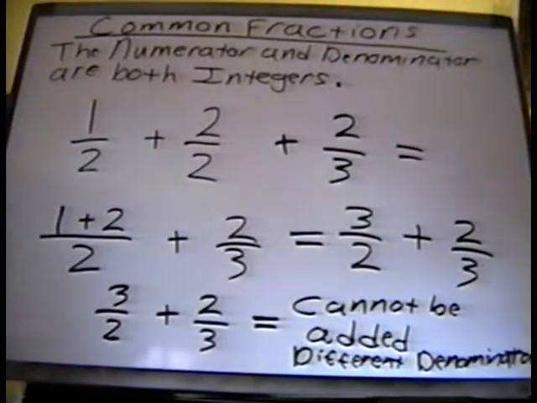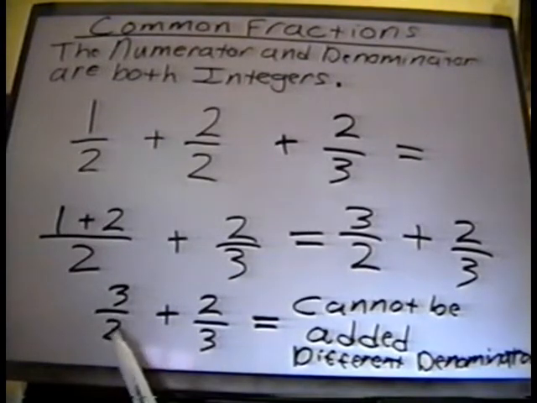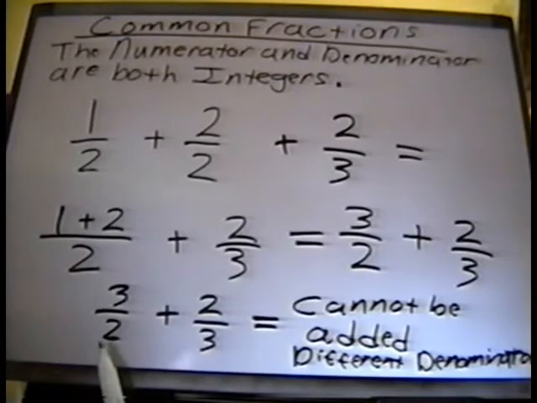Therefore, they cannot be added. So what you're going to have to do is to convert, when any fractions, you either have to convert one denominator into the other one, or if you cannot convert either one of the denominators into the other one, meaning here, I would try to convert this denominator. One method I could try is to convert